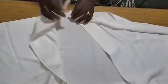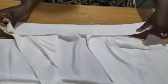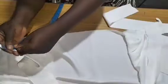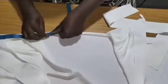Can you see? That's the waistline. So we left it like that because we are going to sew a band from one end to the other, we'll sew the band round. So to sew this band, I'm going to take the measurement of what I have on the waistline. From the beginning, I'll take my measurements